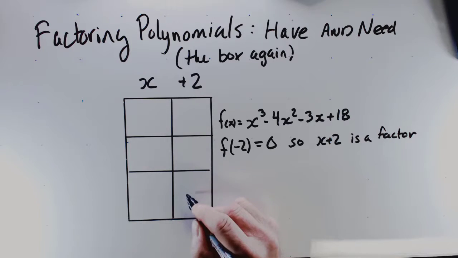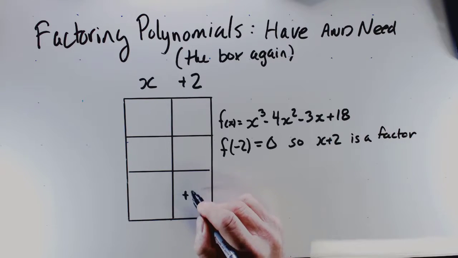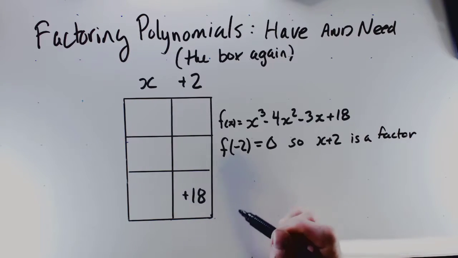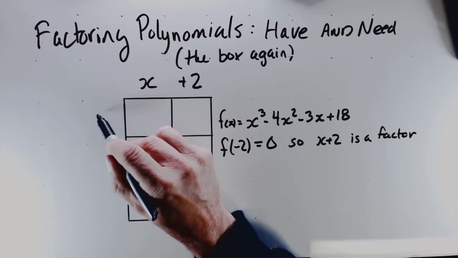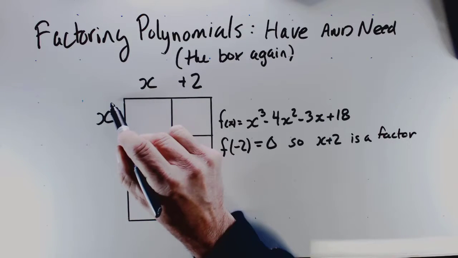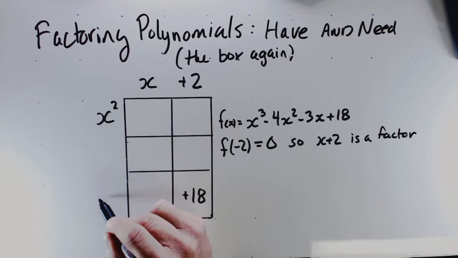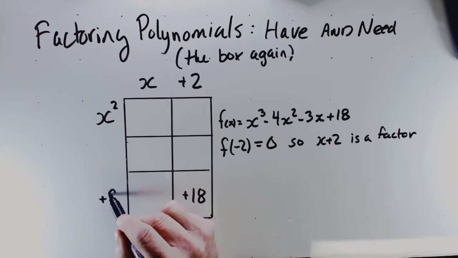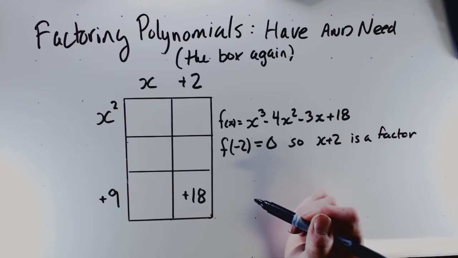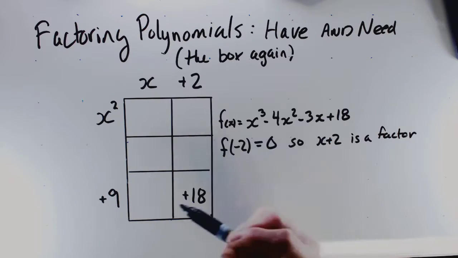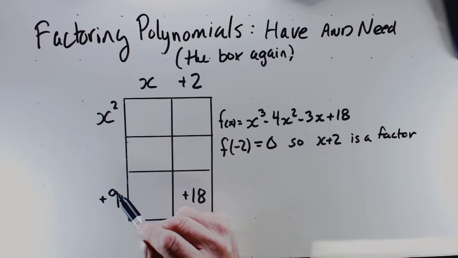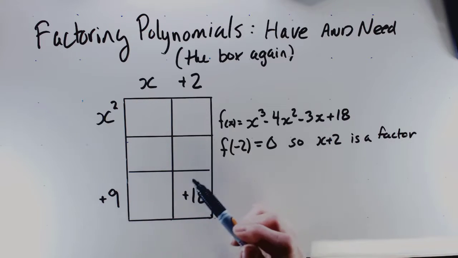And so I know that an 18 has to go down here. And I know that an x squared has to go up here. And so since there's an 18 here, I know that there just has to be a 9 here. And so what we're going to do is play a little bit innocent, because we could in fact factor this quadratic probably